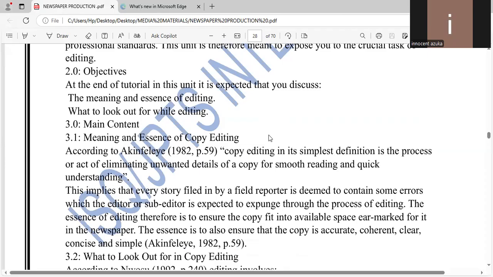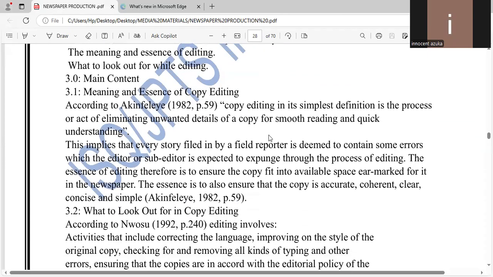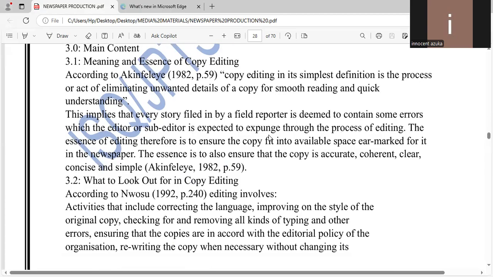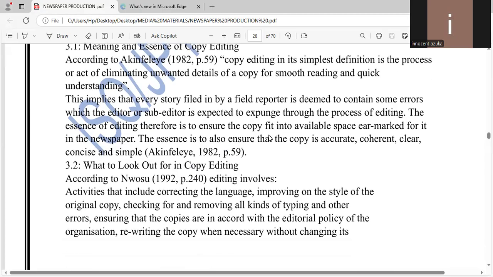So this implies that every story filed in by a field reporter is bound to contain some errors. So copy editing involves activity that includes correcting the language involving the style of the original copy,